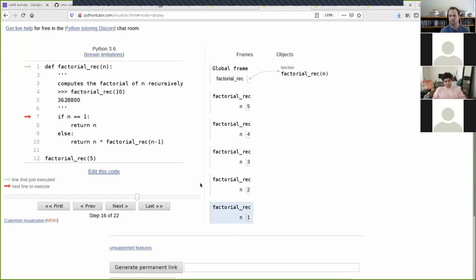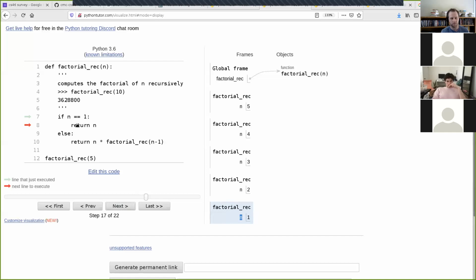Let's see, so I mentioned before that every recursive function must have what's called a base case. And this if statement right here is the base case of this recursive function call. And the purpose of the base case is to stop the recursion from happening and say we're done doing recursion. And so in this base case, because n equals 1,